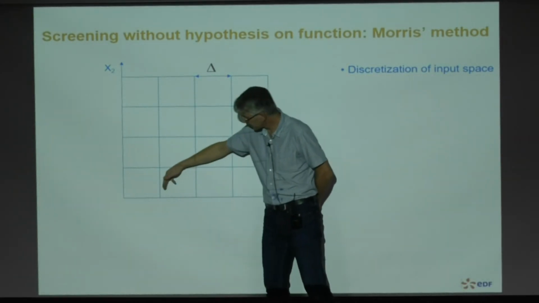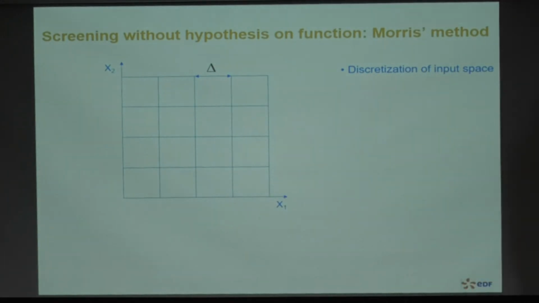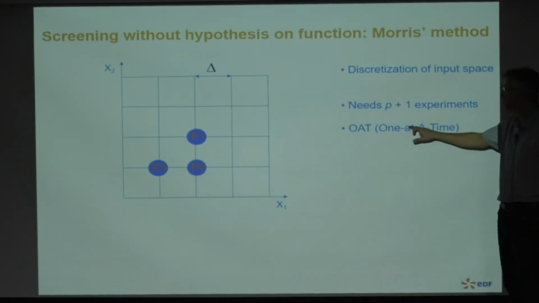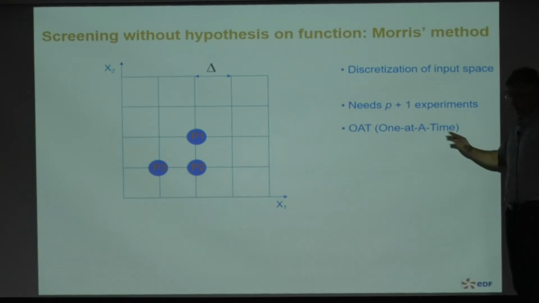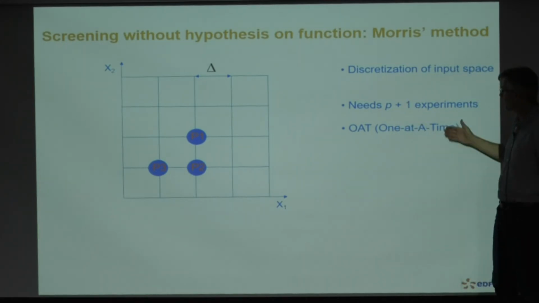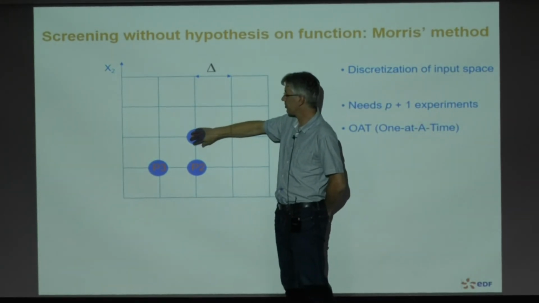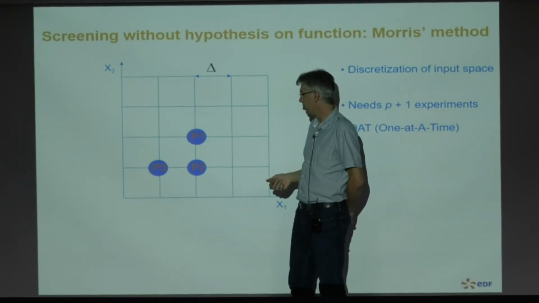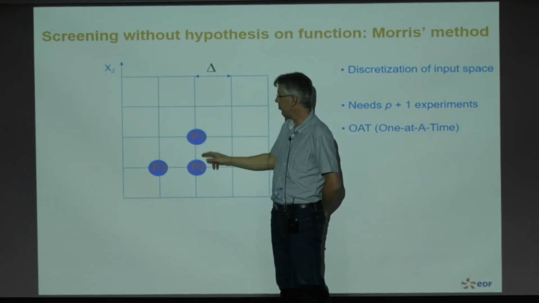So here, just 4 strata, and randomly we put a one-at-a-time experiment that I explained yesterday. I said that one-at-a-time is not a good idea, but here we will repeat the one-at-a-time experiment. One-at-a-time just consists of putting one point here and running the simulations of the model. And after, we randomly choose one direction. So here, x2.